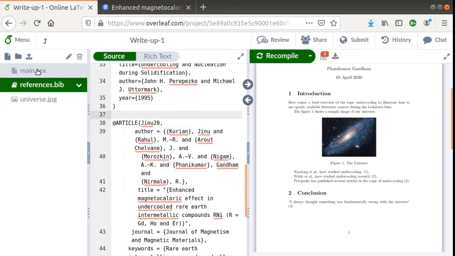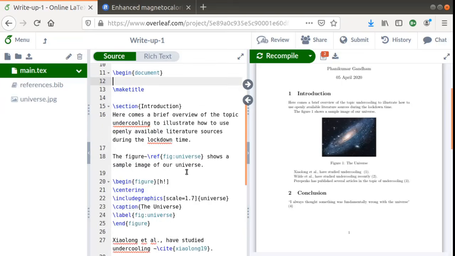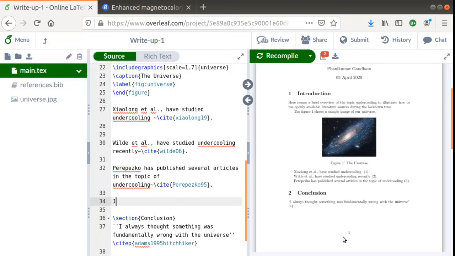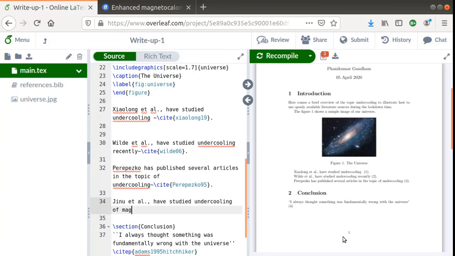Okay, and come to the text and make a reference to that. So I will make a reference again in the same sequence. Gino et al. have studied undercooling of magnetic materials recently.